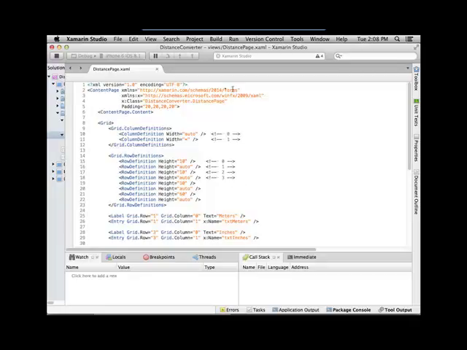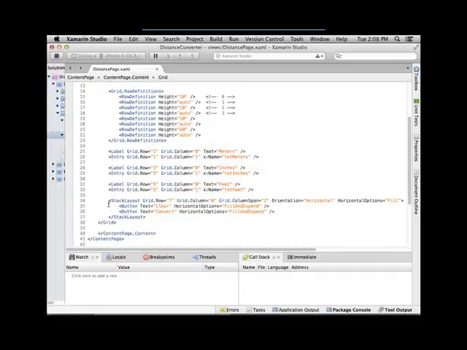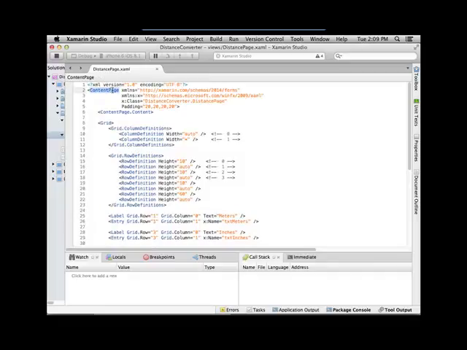So a content page, or a page in general, expects one specific view, or one specific layout. We're dealing with a grid layout. So the page is getting a grid layout. Now nested inside that grid layout, we do have a grid, but we also have a stack layout. So you can nest this stuff. The main thing is the page is expecting one layout to be returned. Well, there's also a scroll view. The scroll layout, so if I do a scroll view,